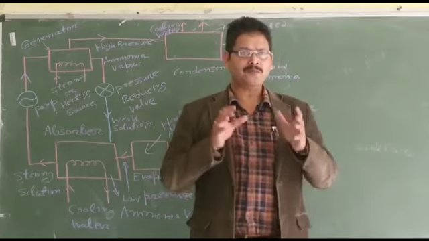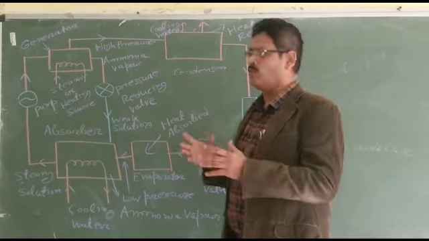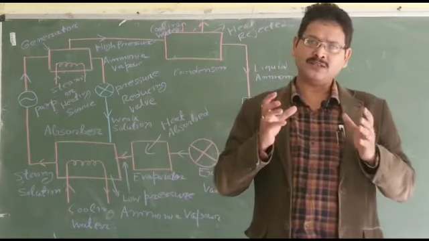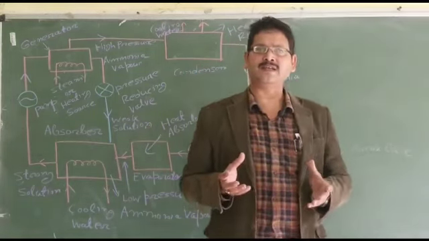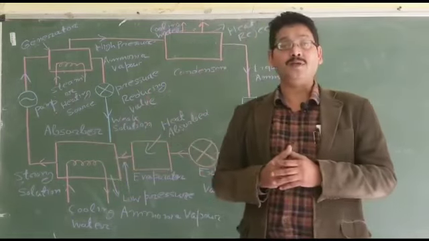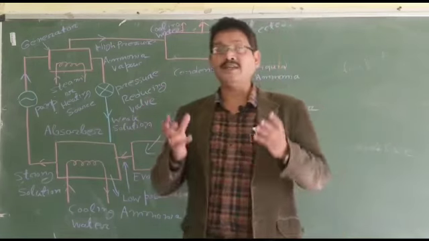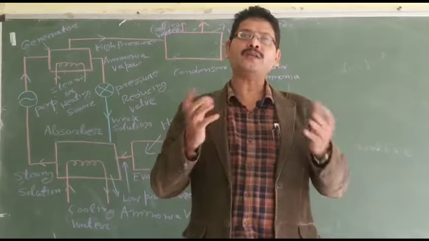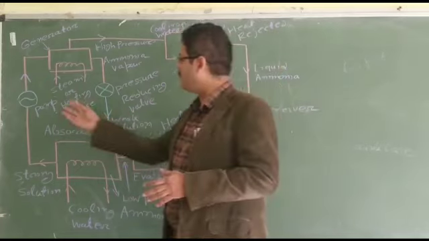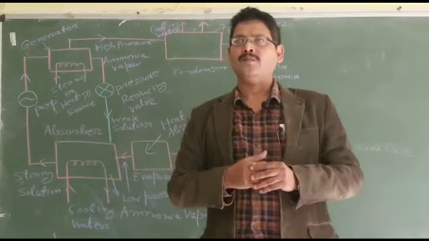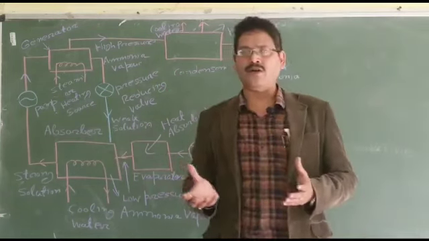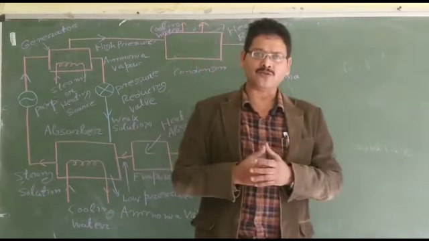Another thing that we have to remember is that although its coefficient of performance is much lower, it has its utility. In places where electricity is not available or very costly, you can go for the vapor absorption refrigeration system, because it uses mostly heat energy. So, the waste heat can be utilized to run this. It of course has a moving component in the pump, but that is much less power consuming compared to that of a compressor, and with a battery also you can run the